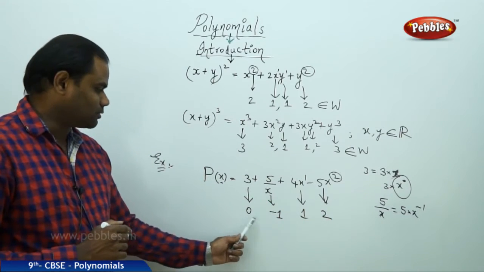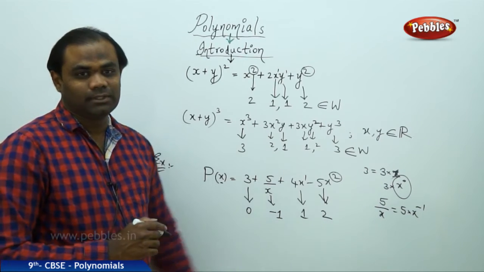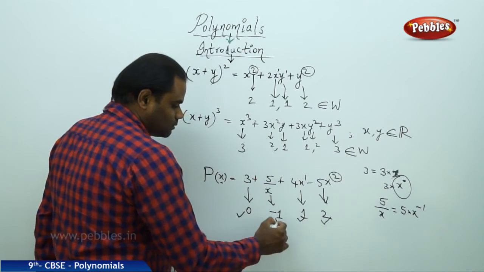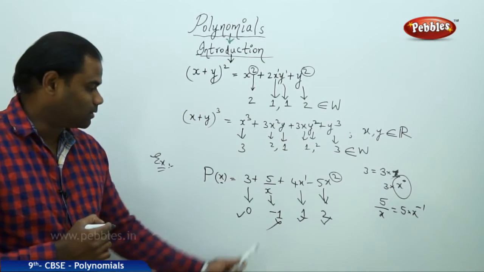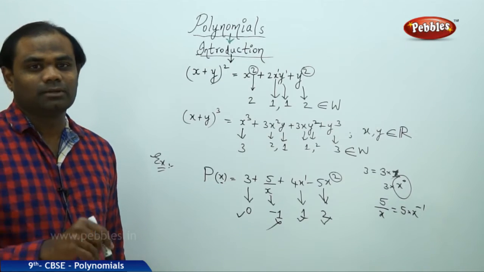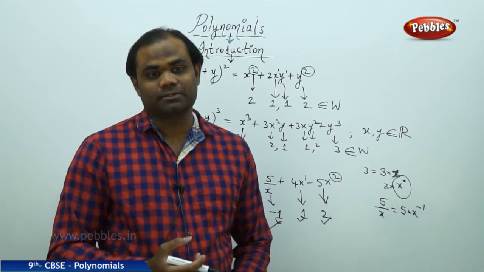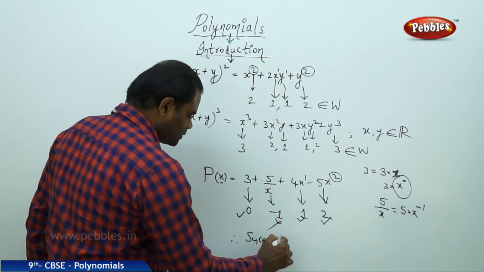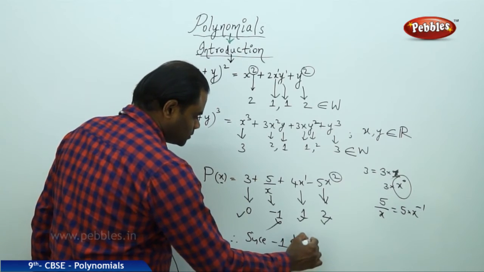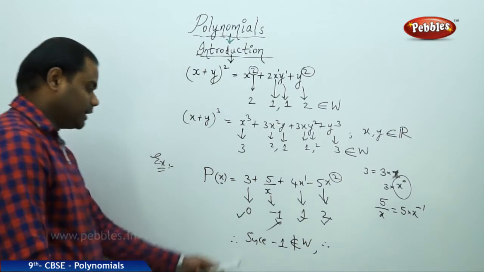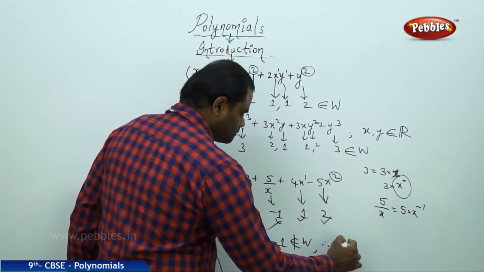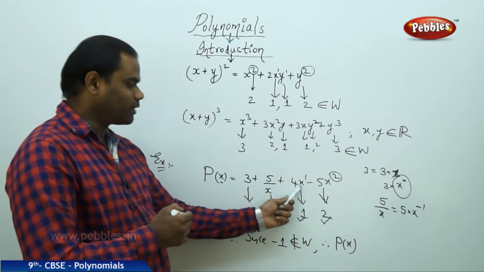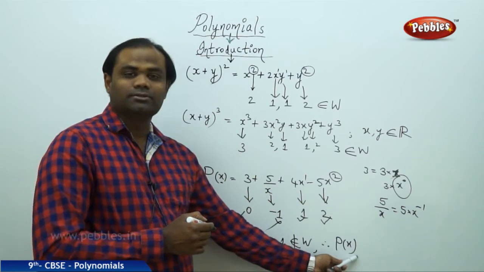I have the constants 0, minus 1, 1 and 2. Yes, this is a whole number, this is a whole number, this is a whole number, but this is not a whole number, because minus 1 does not belong to W, as discussed in the previous sessions. Therefore, since minus 1 does not belong to W, the expression P of x given to be 3 plus 5 over x plus 4x minus 5x squared